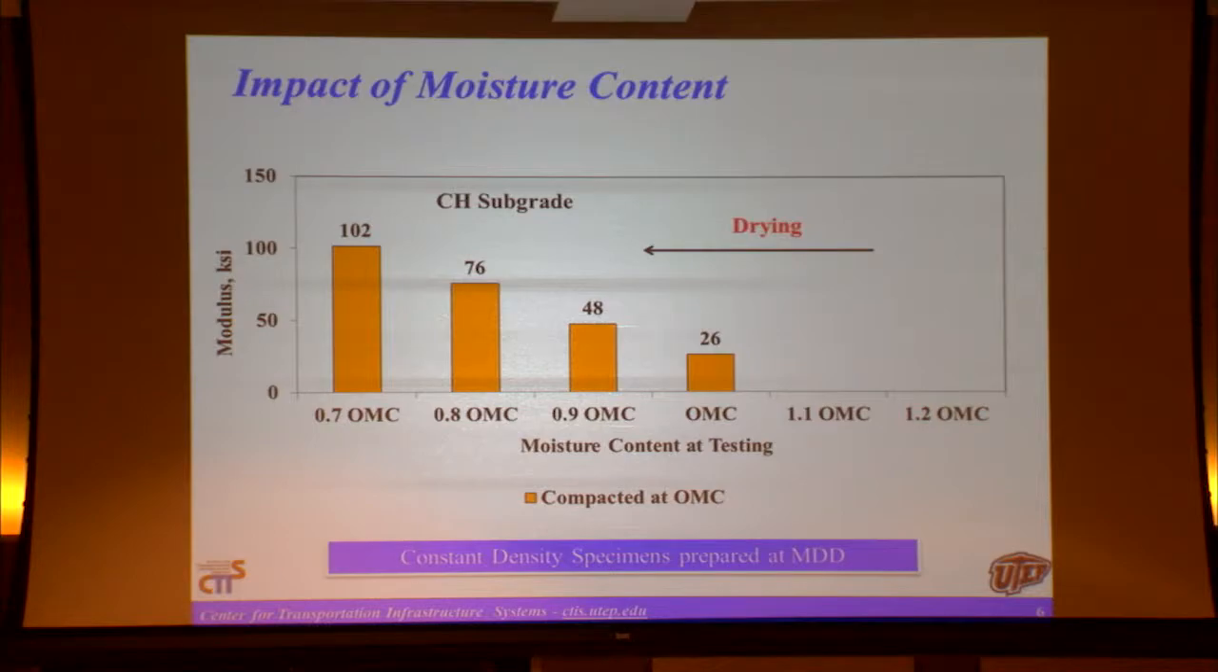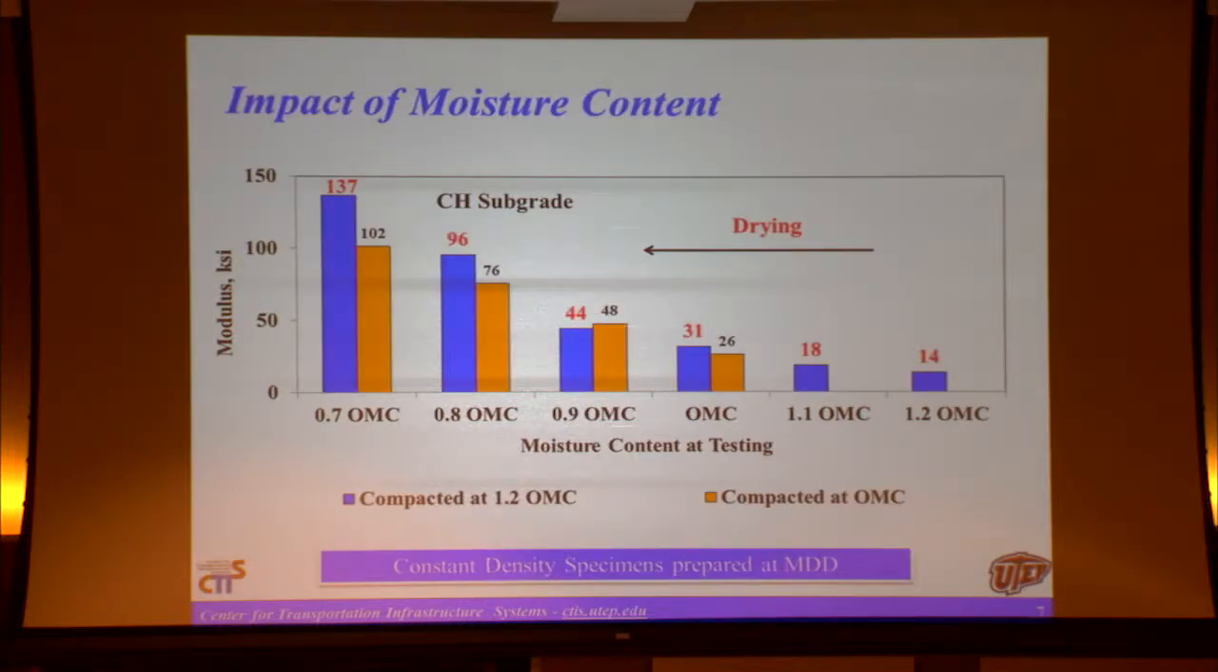Okay. So you see that the modulus started at 26 KSI, and when you get to 70% of the moisture it's around 102. So it's a factor of 4. Now, we did a second specimen of the same material. Now we prepared it at 20% over optimum moisture content